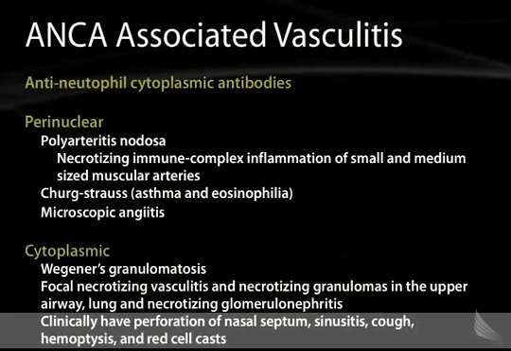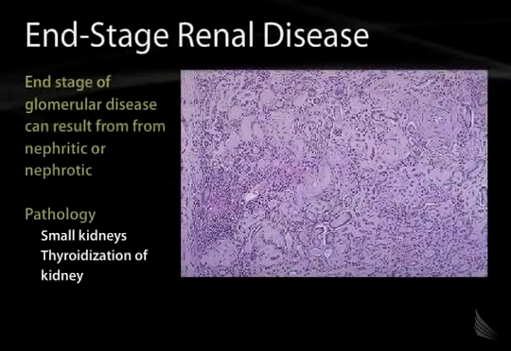Now, all of these diseases, whether they be nephritic or nephrotic, have their endpoint in what we call end-stage renal disease. And this is where much of the normal glomeruli of the kidney have been destroyed, such that there's no longer hardly any normal renal function. Pathologically, what you see are shrunken kidneys. They shrink as they lose glomeruli. And you see what we call thyroidization of the kidney. The kidney starts to look like a thyroid because all you see are tubules with no glomeruli, which are sort of reminiscent of the follicles that you see in the thyroid. And a picture of that is shown here. So this ends the section on glomerular